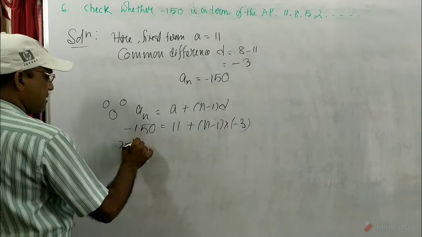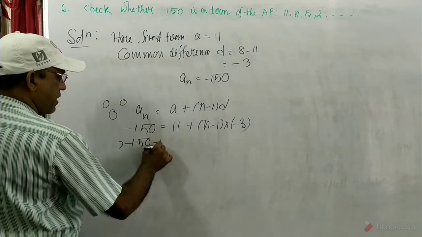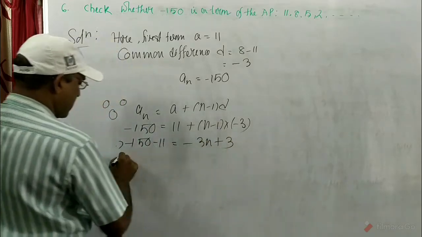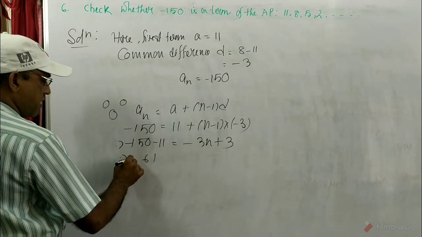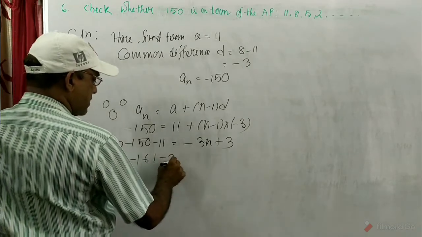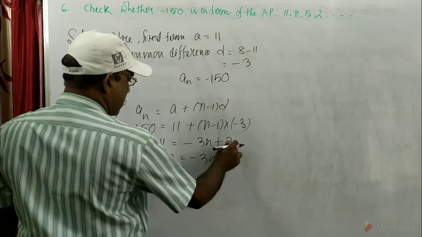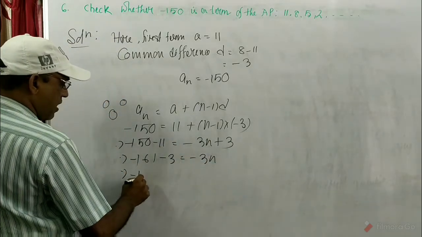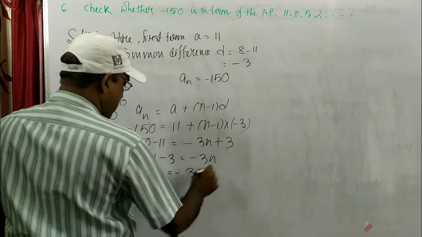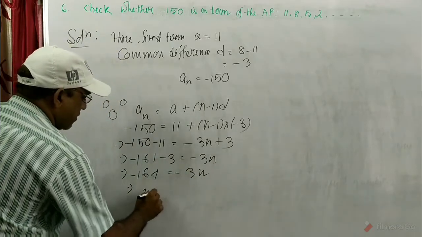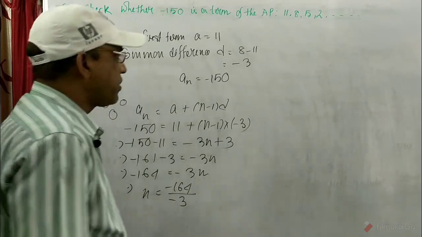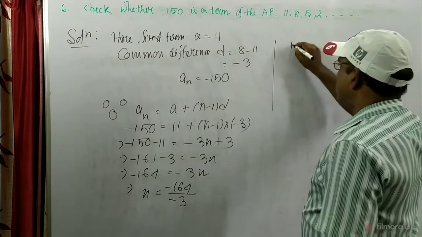So minus 150 minus 11 is minus 161, equals (n minus 1) into minus 3. Taking the 3 to the left-hand side, 161 plus 3, 164 equals minus 3n, so n equals minus 164 by minus 3, so we get n equals